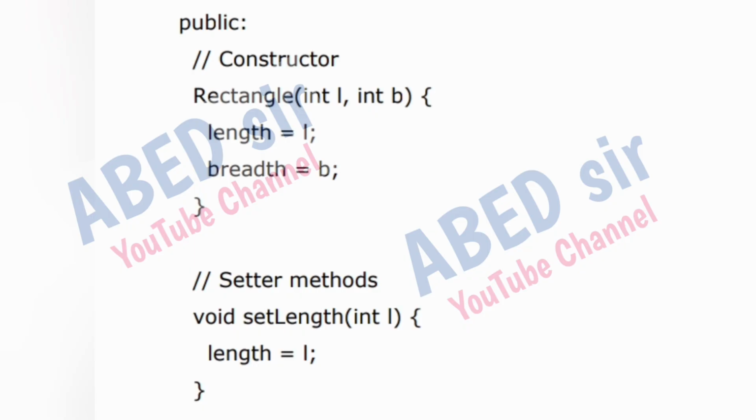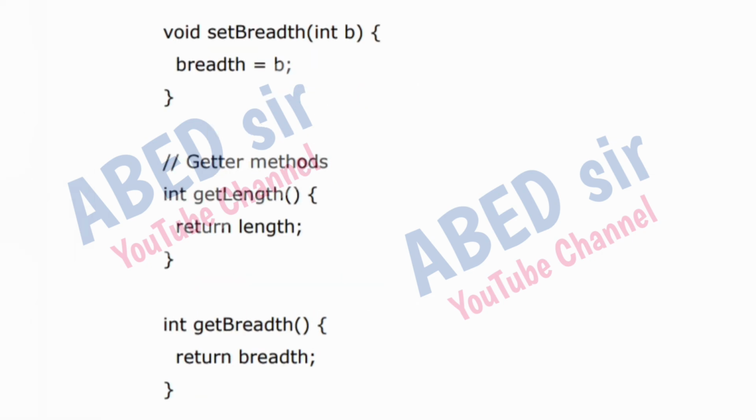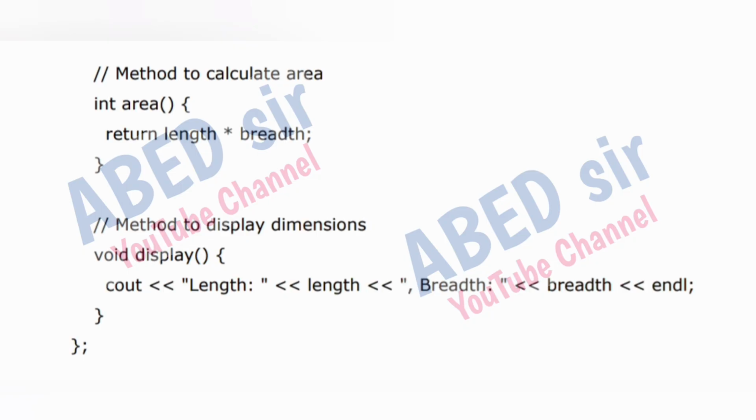Setter methods. void setLength(int l) { length = l; } void setBreadth(int b) { breadth = b; } Getter methods. int getLength() { return length; } int getBreadth() { return breadth; } Method to calculate area. int area() { return length * breadth; }